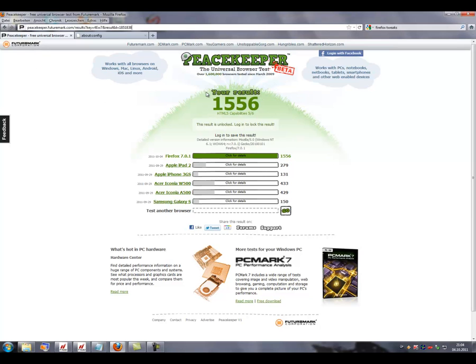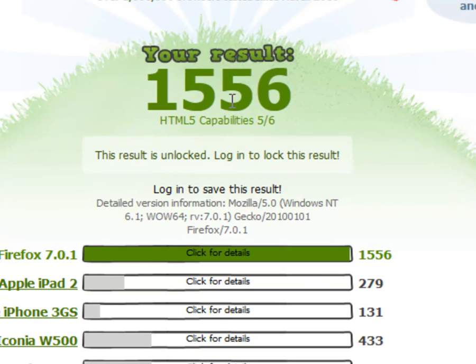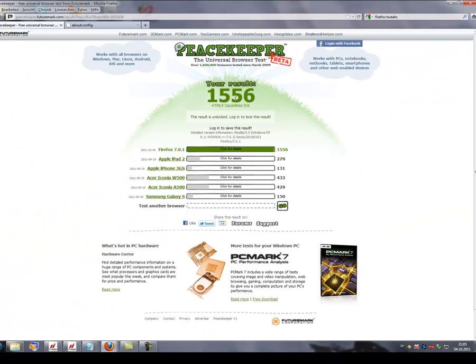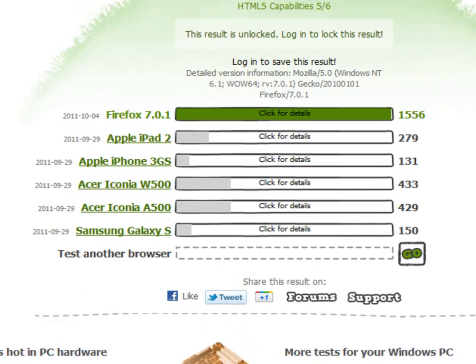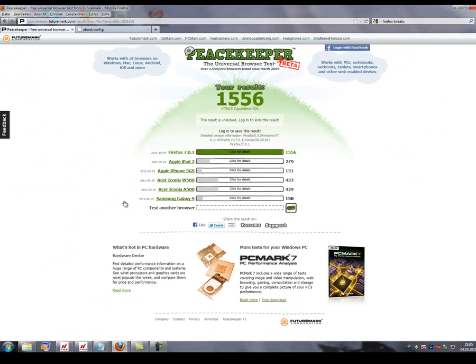This was my default installation. So my default installation scored 1,556 points. And it's HTML5 and 6 compatible. So as you can see, other browsers were checked: the Apple iPad 2 was checked, the Apple iPhone 3GS was checked, and so on. So this was all, folks, for